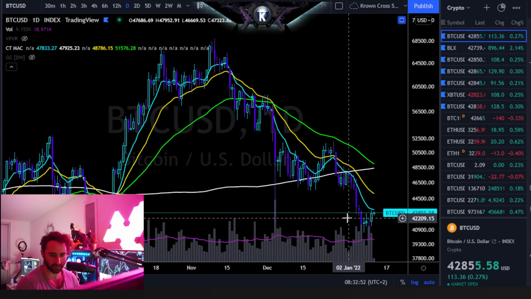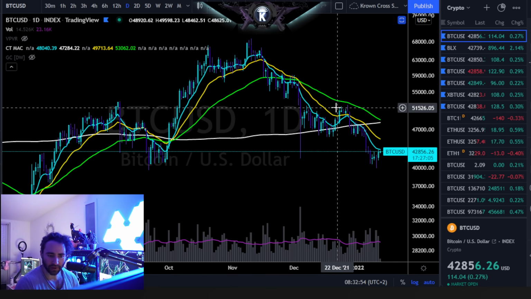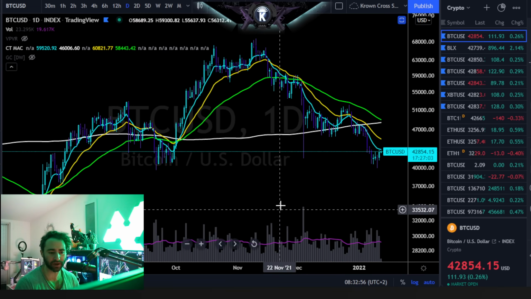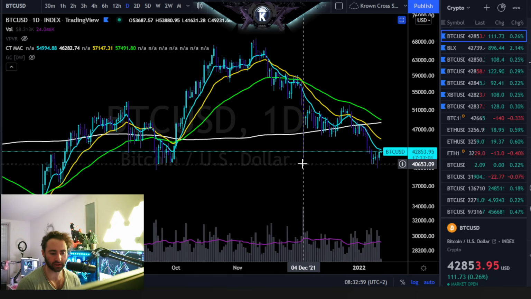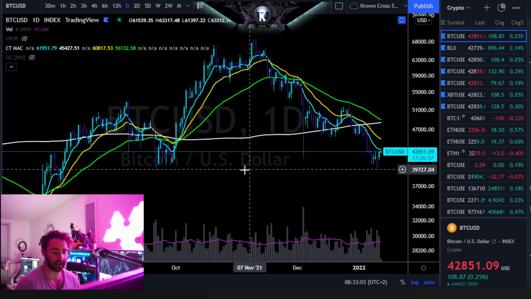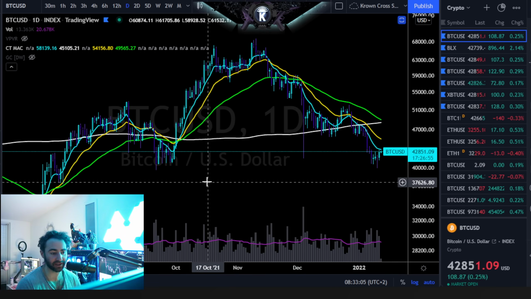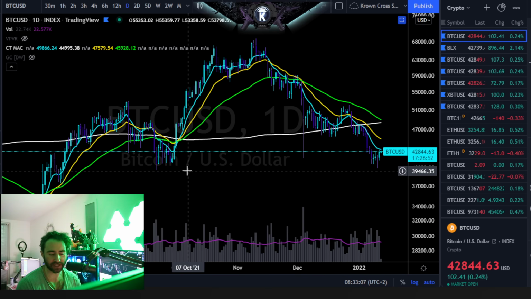Okay, we spoke about invalidation. Let's talk about invalidation targets. What happens if Bitcoin does close below the 4th of December wick lows? Well, I would be looking for an official move at minimum back down to our lows from this week, but more or less I would be looking for that official test somewhere between about $48,500 and $49,000, and then come back to it after that.